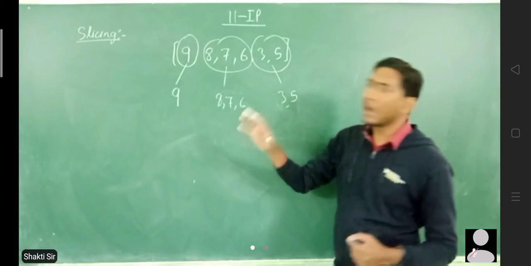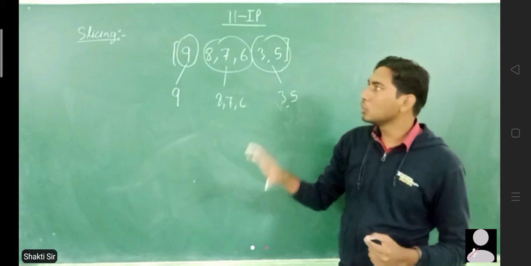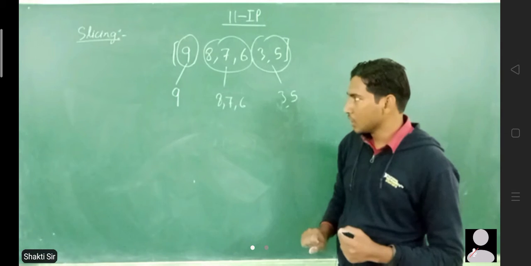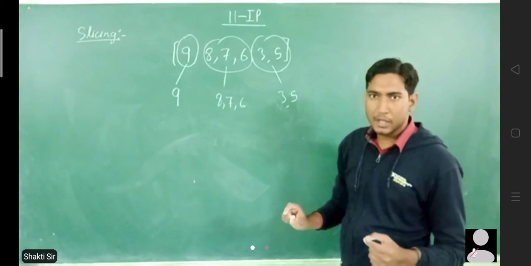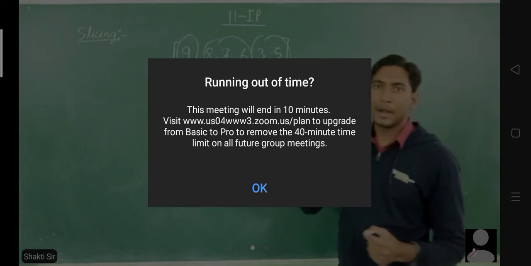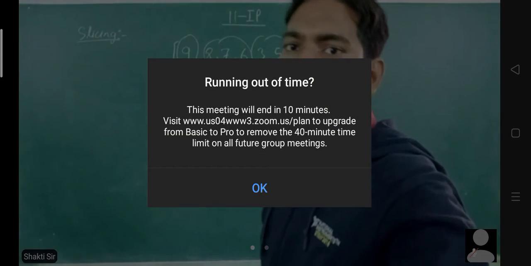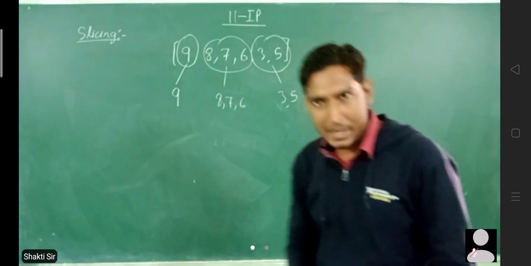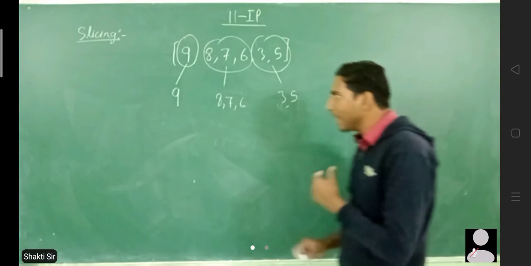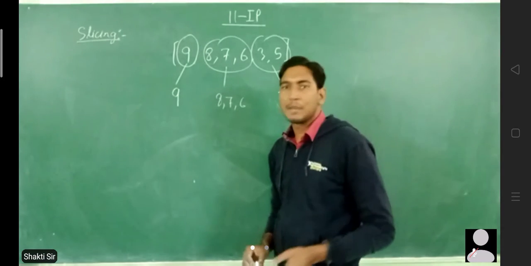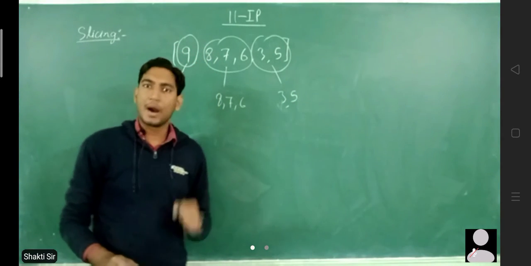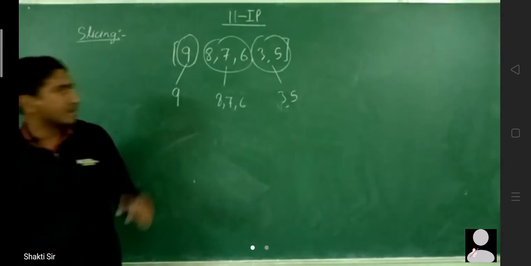So what is slicing? Slicing is that you are given a sequence and then you have to cut and extract a part from it. Again I am repeating, you are given a sequence and you are required to cut and extract a part from a sequence, and this is known as slicing. Okay, now let us see how slicing works. Suppose you are given any sequence and let us see some examples of slicing, how it works and how we can cut and extract a part from a string or any sequence.